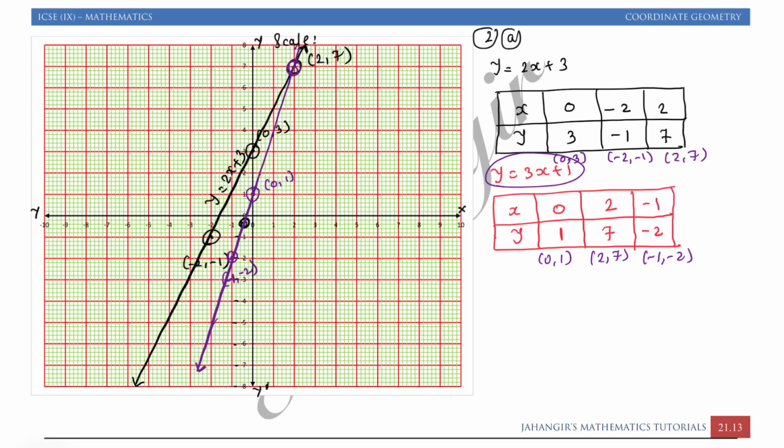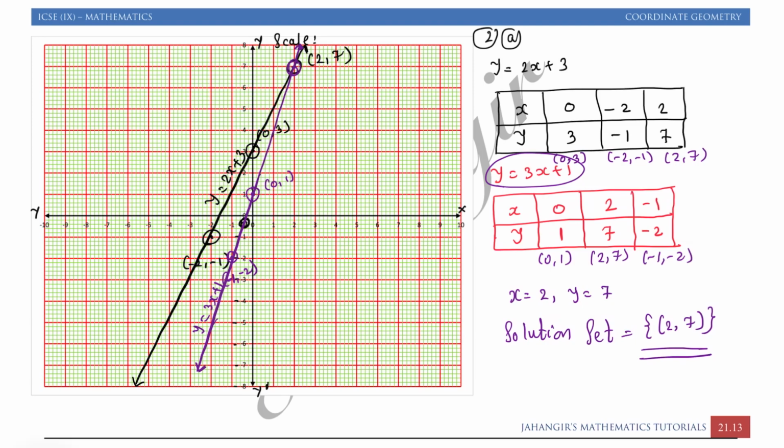Mark arrow. If you will see, the intersecting point is 2, 7. So first, before that, I have to write the equation y is equal to 3x plus 1. If you will see, these two lines intersect at one point. That is our solution set. So here, two lines intersect at 2, 7. So therefore x value is 2 and y value is 7, and the solution set, as we were writing in simultaneous equations, we can write it as 2, 7 in this format.